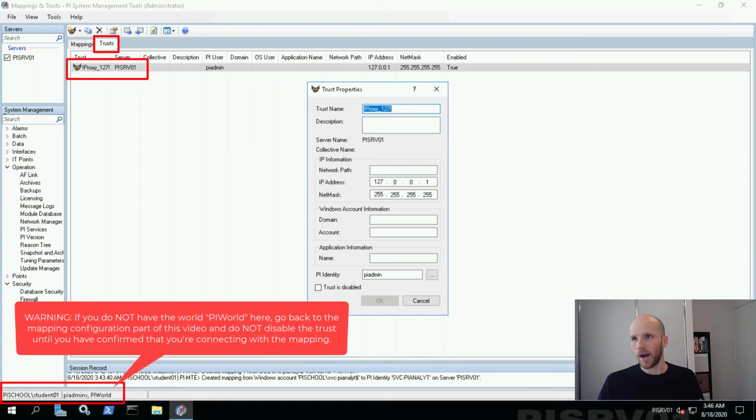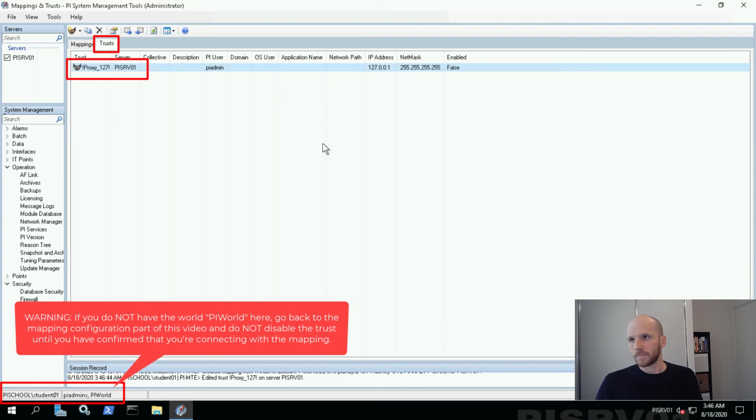Make sure that you are logging in as that administrator mapping. You can also check on network manager statistics. Just go back in the video a little bit. Because if you're not logging in as that and you disable the trust, you'll be locked out. Let's go OK. So we've disabled the trust.